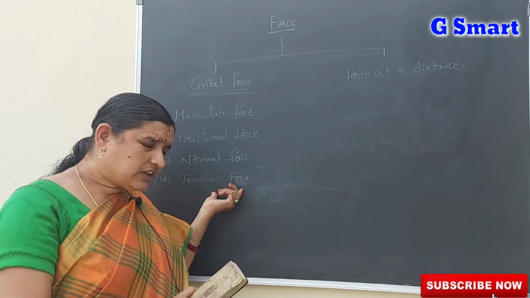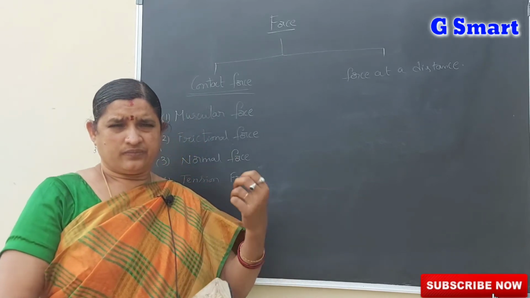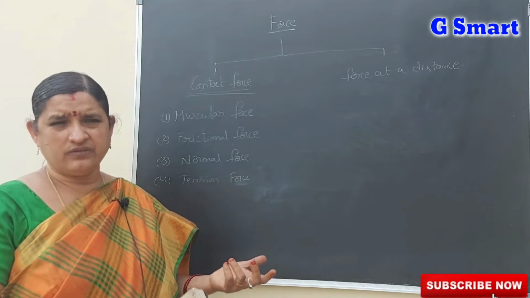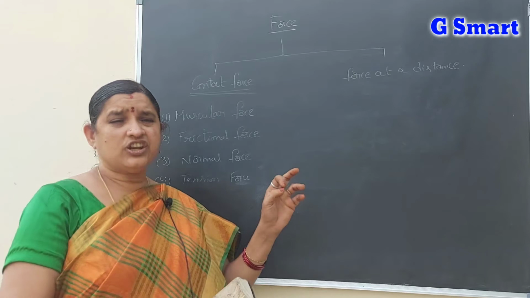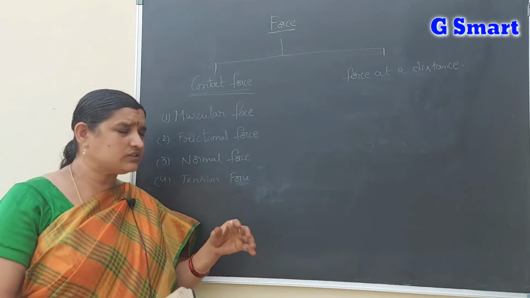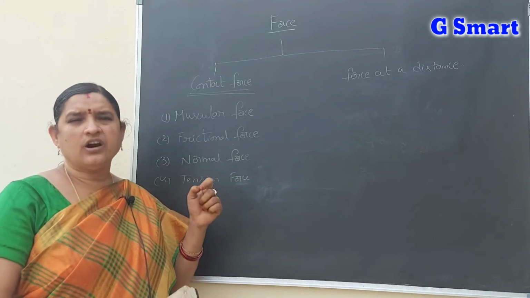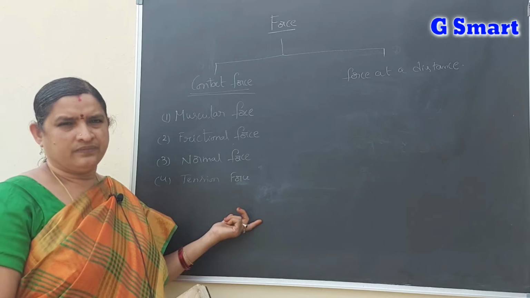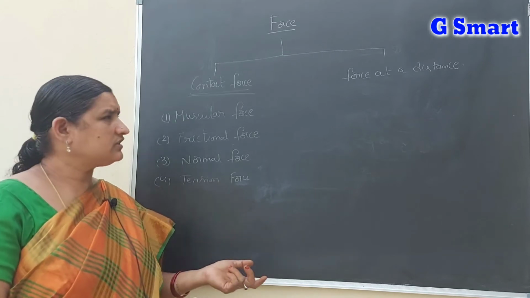Due to this tensional force only, musical instruments give nice musical sounds. We get them due to the tensional force from the string instruments. We have different kinds of instruments, but string instruments work on the principle of tensional force. The tightness of the string or rope is called tension. The force exerted by the string or rope is called tension force.